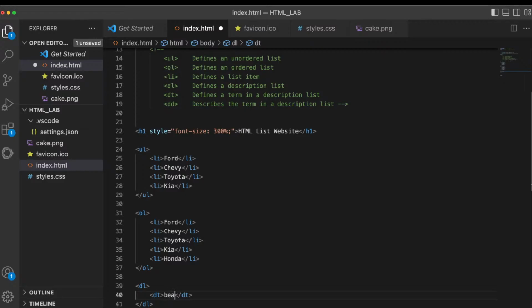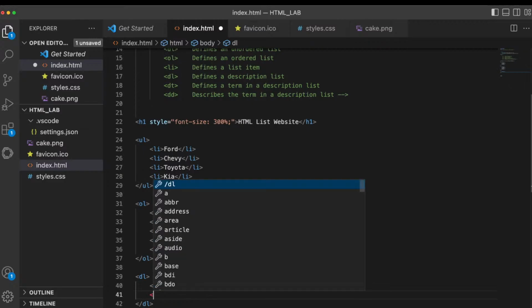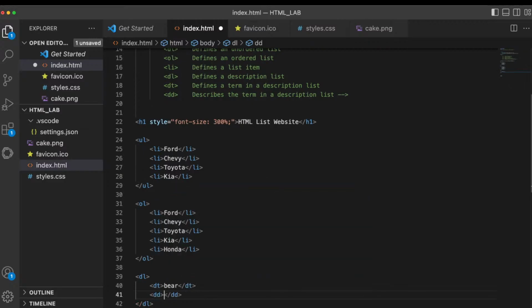So the first one I'm going to say is a bear. And after each element inside the description, you can add DD, which is going to be the actual description of the element above. So, what is a bear? The description is